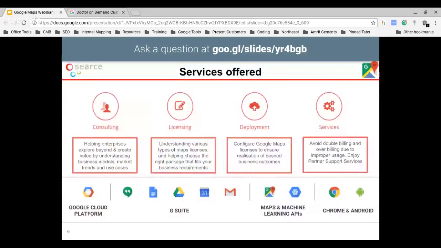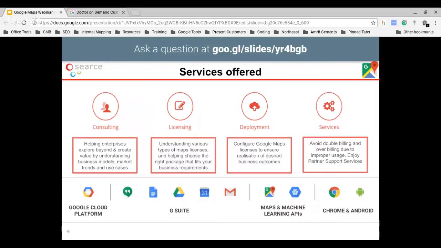Finally, I would quickly cover why you should go with Searce for all your Google Maps needs. So Searce provides you end-to-end services as far as the Google Maps APIs are concerned. So we help you in consulting, right, to explore beyond and to create value by understanding business models, to understand various types of maps licenses that are possible, and helping you choose the right package that fits your business requirements exactly. We help you to deploy services, and we also help you with services,